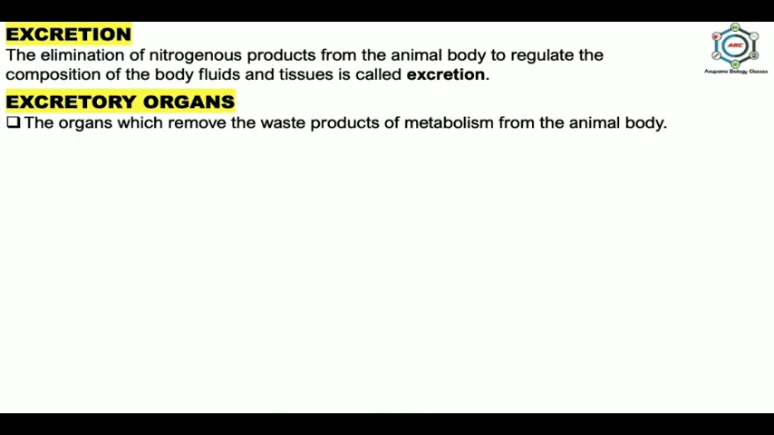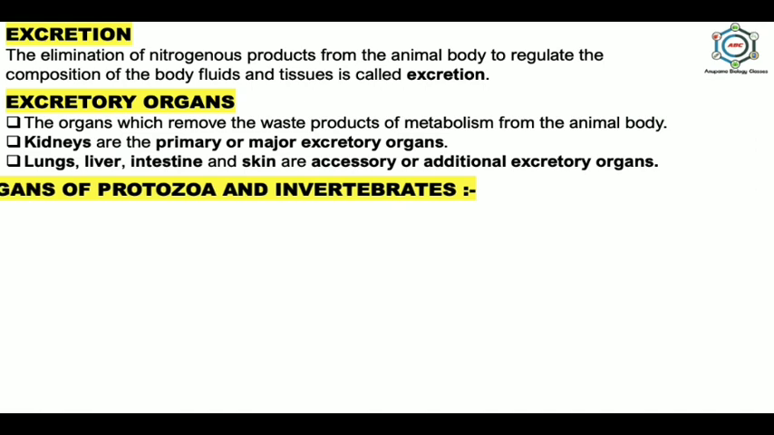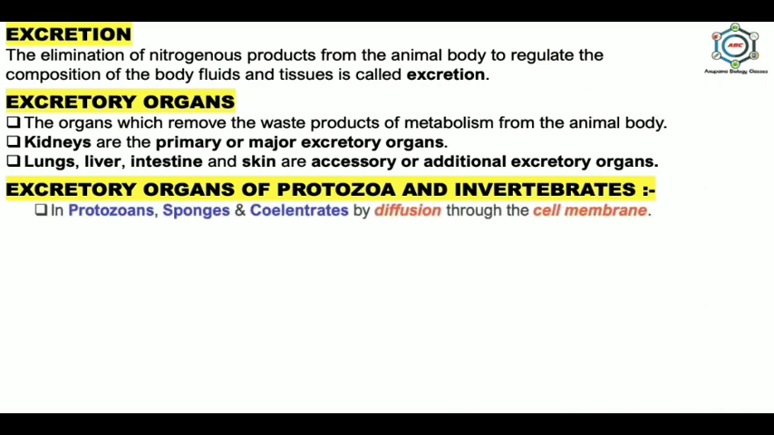First one is the primary excretory organ and second is the accessory excretory organs. The primary excretory organs are kidneys, and the accessory or additional excretory organs are lungs, liver, intestine, and skin. Now, you know that different types of animals are present in our animal kingdom, and they have different types of excretory organs. Like the first, in the case of protozoans, sponges, and coelenterates, excretion is by diffusion through the